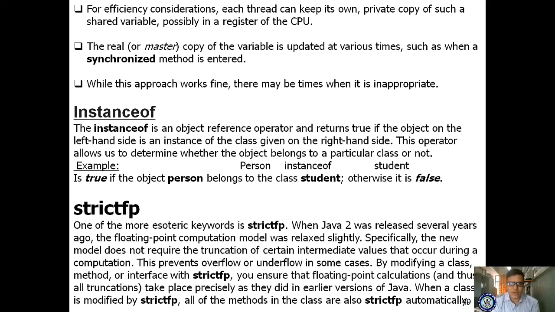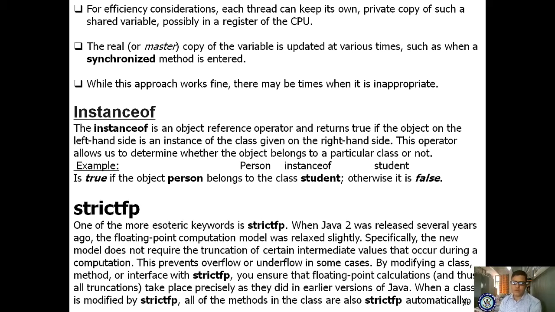By modifying a class, method or interface with strictfp, you ensure that floating point calculations take place precisely as they did in earlier versions of Java. So in Java 2, we have seen some compatibility issues. Whenever you declare classes, methods or interfaces with strictfp, floating point calculations are managed precisely as in earlier versions of Java.